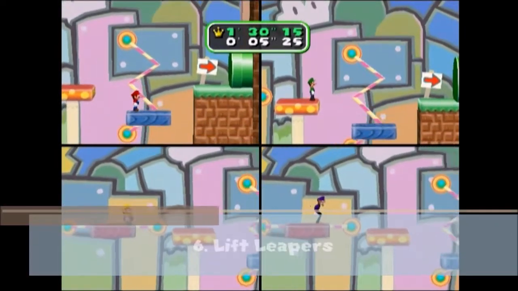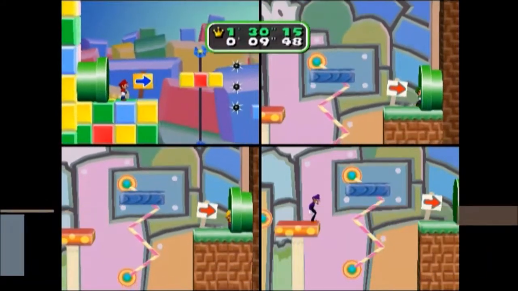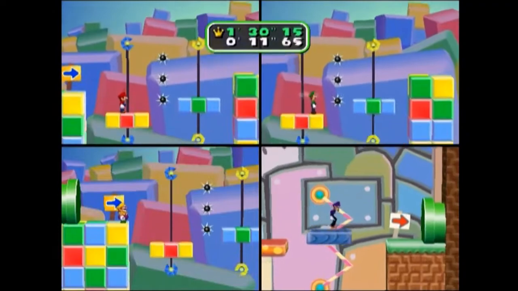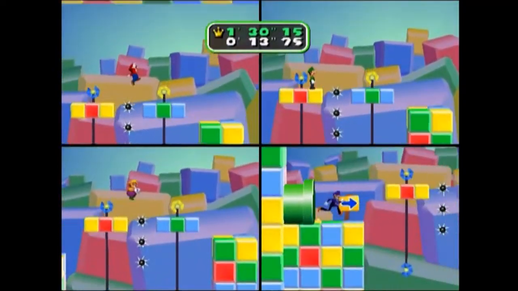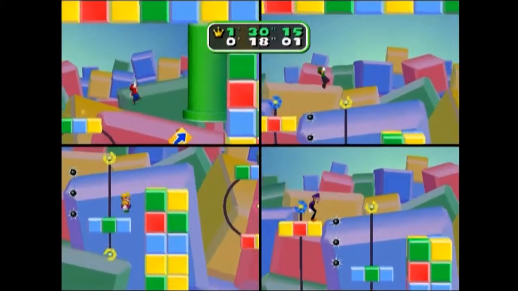Finally, a free-for-all! 6th place goes to Lift Leapers. All 4 players are running through a long obstacle course with several different types of moving platforms. The players must proceed by jumping from platform to platform while being careful to not fall, since if they do,